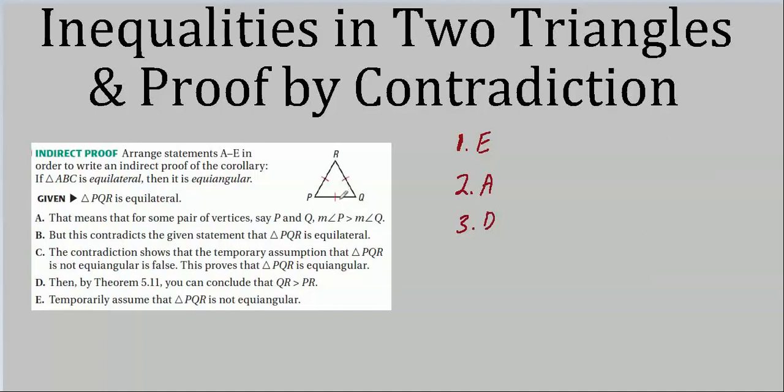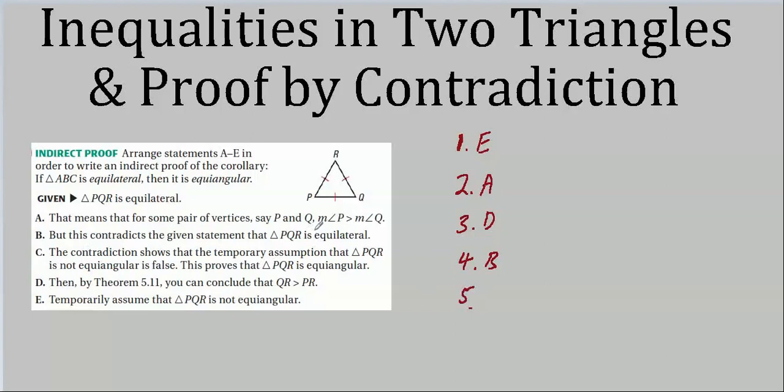So now we have, well, I would say, this contradicts the statement that it's equilateral. So I would say the fourth thing we write is B. Because QR larger than RP contradicts the statement that PQR is equilateral, because the definition of equilateral is that every one of these sides is congruent. So, I guess our next statement is